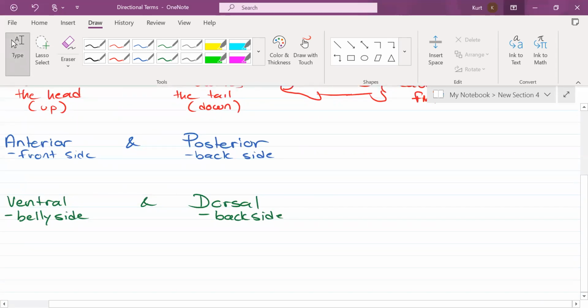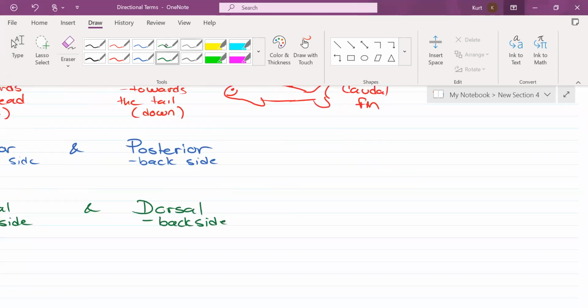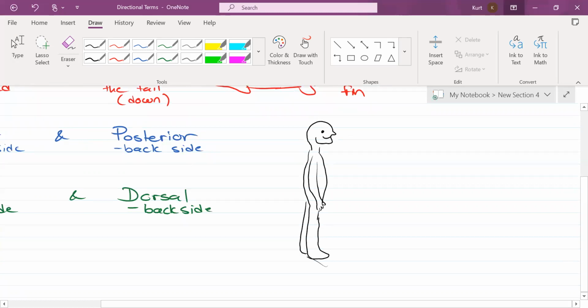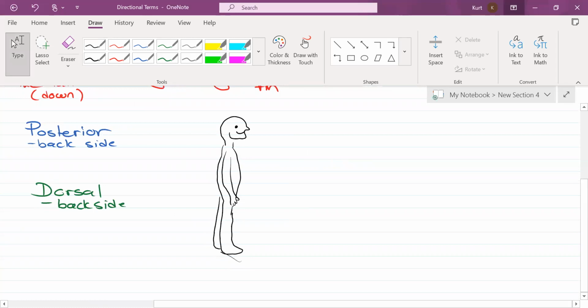So let's draw a human, okay? Is a human being a quadruped or a biped? How many is bi? And what does ped mean? Legs or feet? Like when you put your feet on the pedals. A biped is a two-legged animal. Whenever you're looking at a two-legged animal like a human,